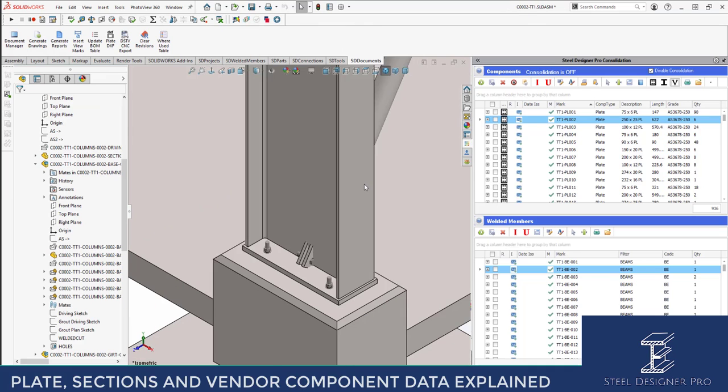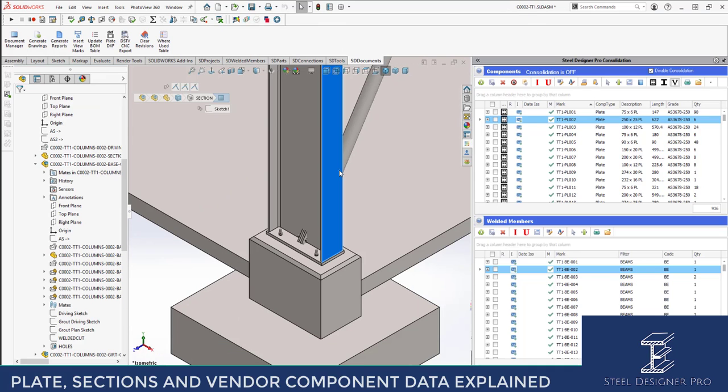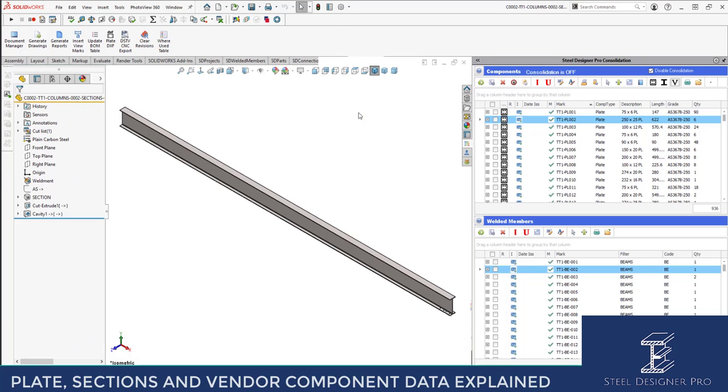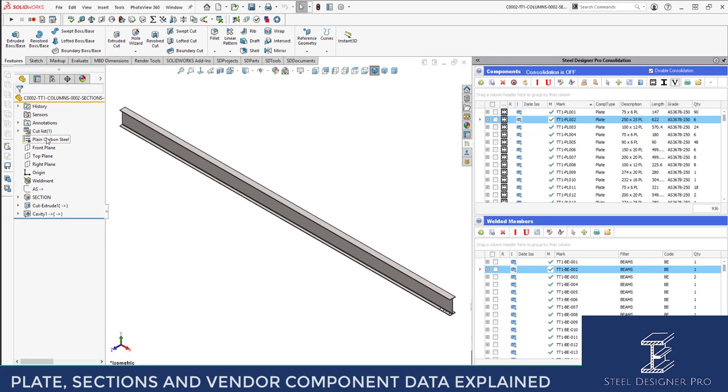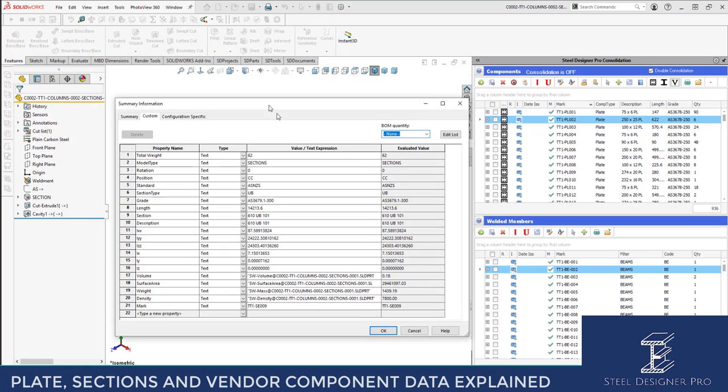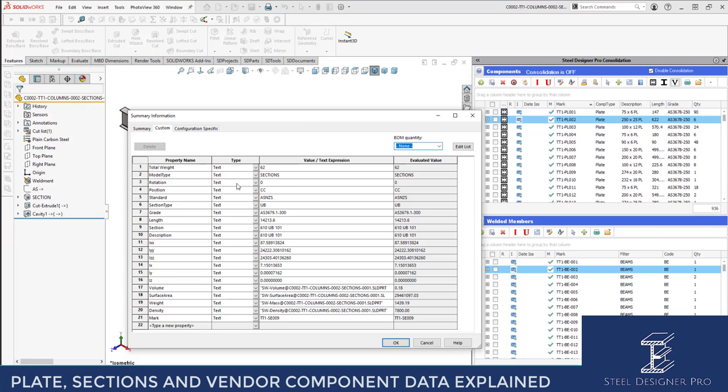Now if I close it off and go back to the model and have a look at a section, you'll see that in the section it has a weldment feature added to it. So because it's a section, it picks up that there is a welded feature added. If you go to the custom properties, you'll notice that with our custom properties, the model type is sections. And the data